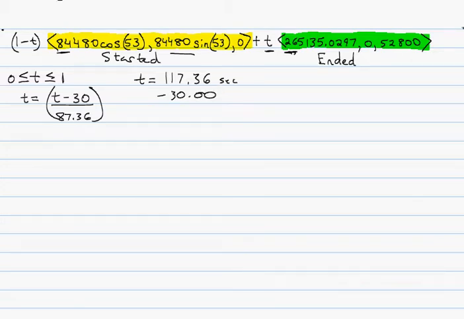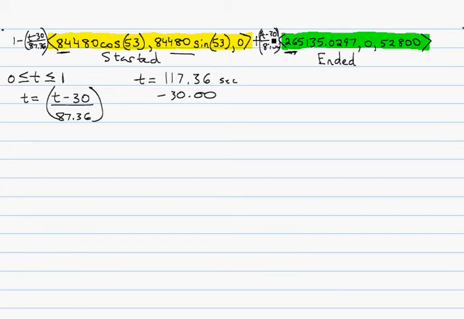So let's change that up here. If we change this 1 minus t to 1 minus t minus 30 over 87.36, and we change this t to t minus 30 over 87.36,